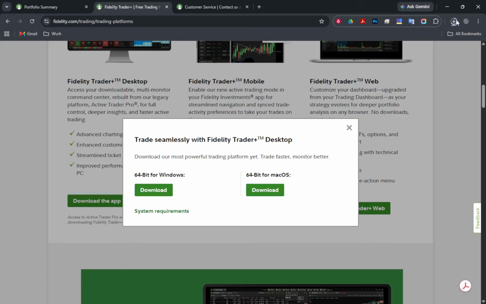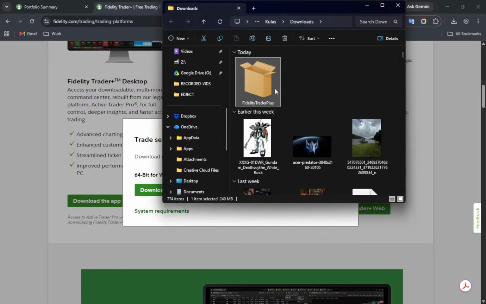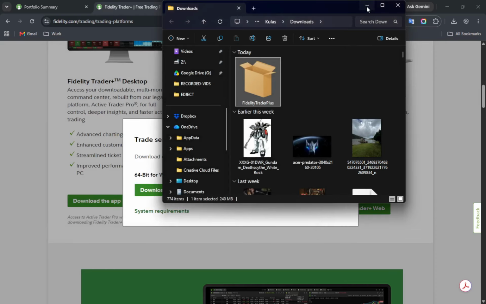After the download completes, you'll need to install the program. If you're on a Windows computer, locate the downloaded file, which will have an .exe extension. Open this file and then follow the on-screen prompts to install the software. For Mac users, you'll open the .dmg file you downloaded. Drag the application to your Applications folder to install it. The installation process typically takes about 5 to 10 minutes. This brief wait is worth it as it ensures all components are correctly set up for flawless operation.